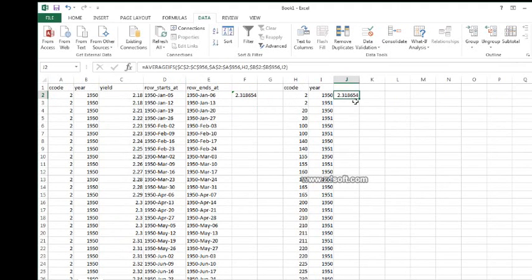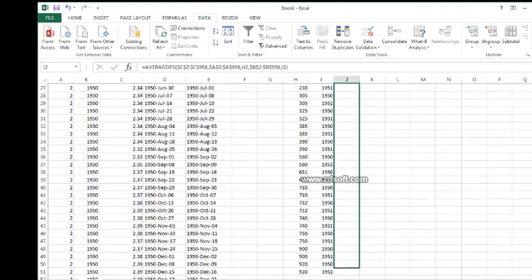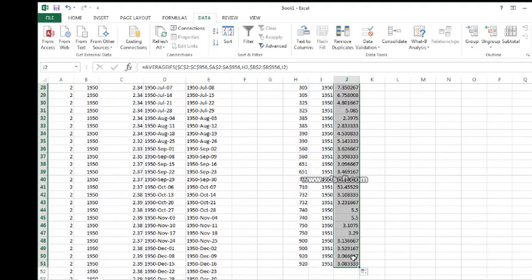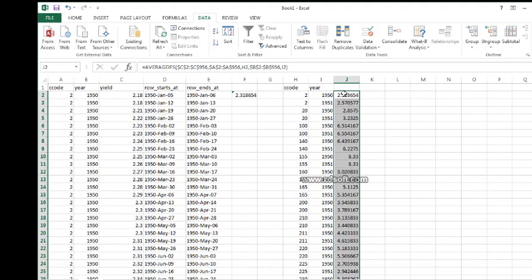The AVERAGEIFS command does appear to be working properly. And so at this point, we can just simply copy this all the way down. And now we have our list of average yields per year by country. And so this is a way to take this daily data, or it could be weekly. In this case here, it's data indicated by the day, but it's actually weekly data. But you could take weekly data, monthly data, quarterly data,